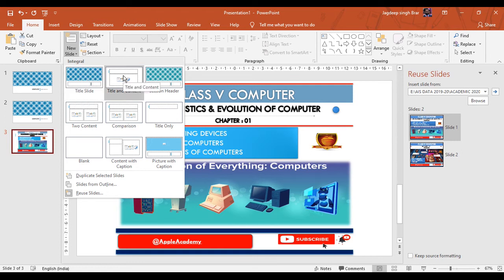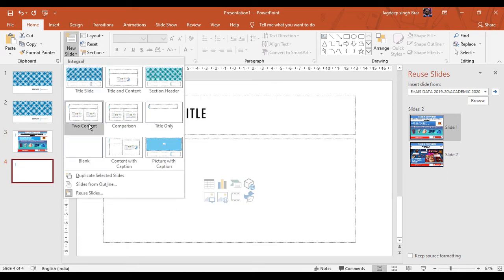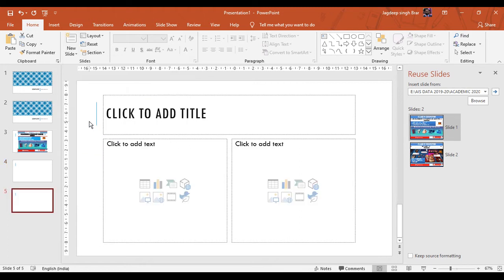If you want the title and content, then you can select this option. If you want to make a comparison between two objects, you can use this comparison layout. You can also choose the layout depending upon your requirement, and add the new slide according to the desired layout. Now, changing the background of a slide. You can change the appearance of a slide by changing the background color,